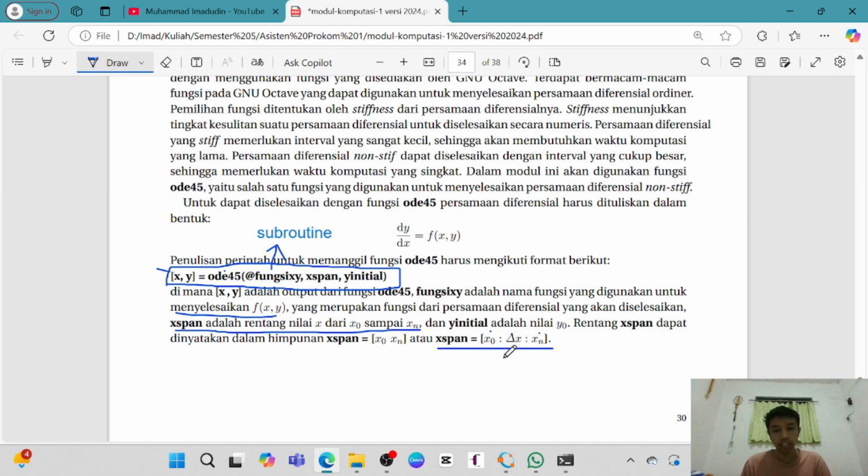The expand is the increment or interval for our value. We have the x0, then xn, then the increment delta x, and the y initial is the y0. We discuss about that later.